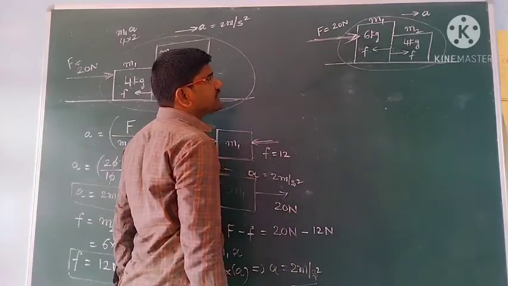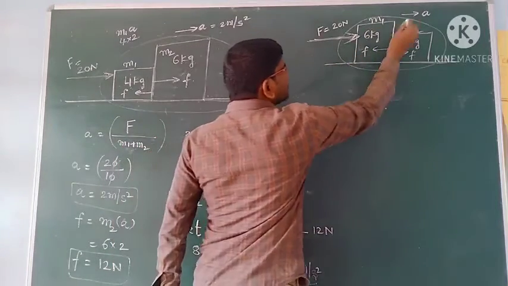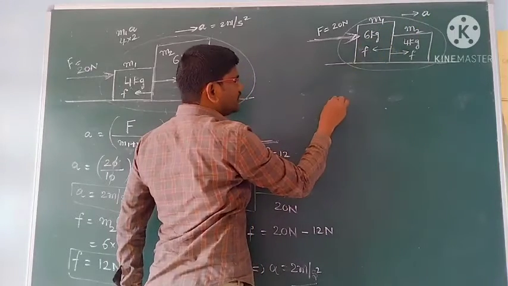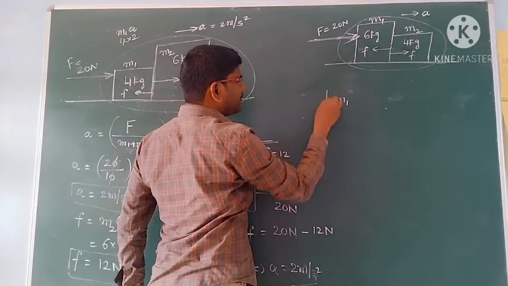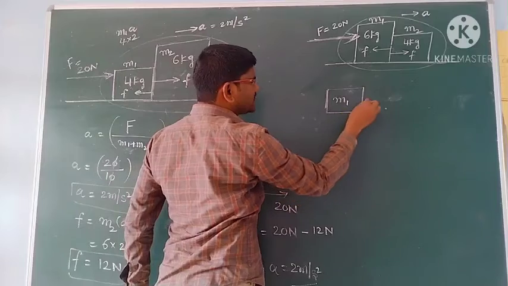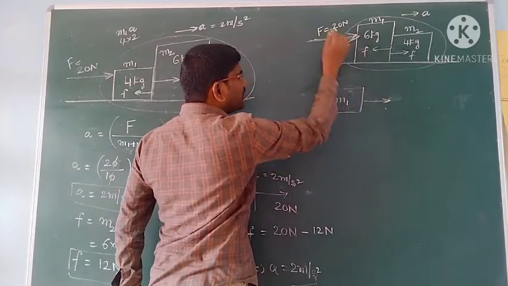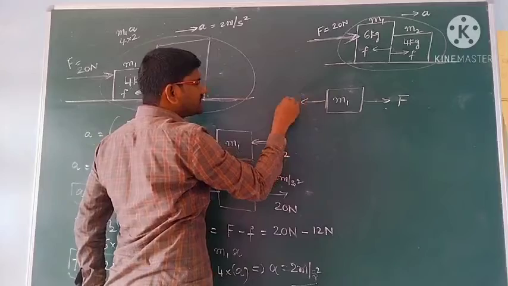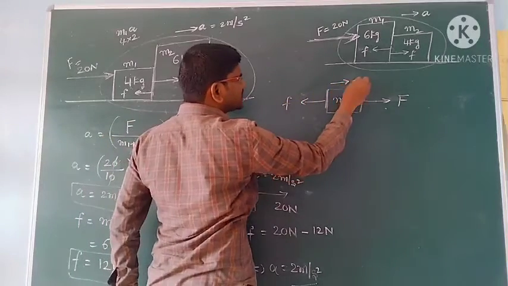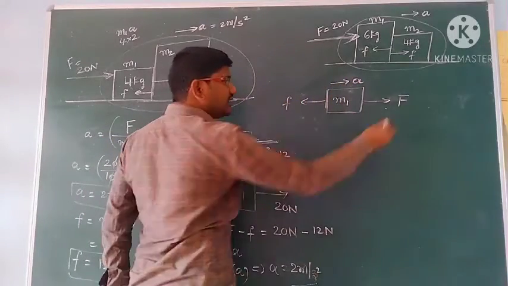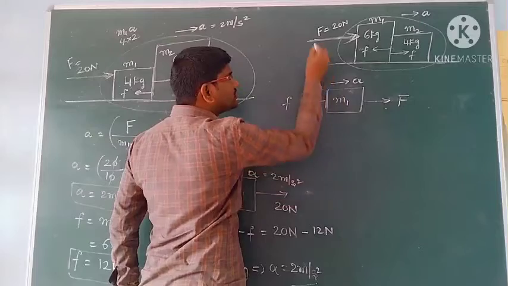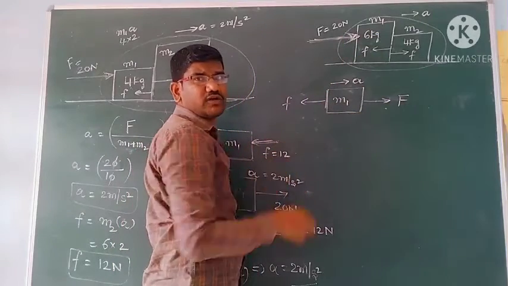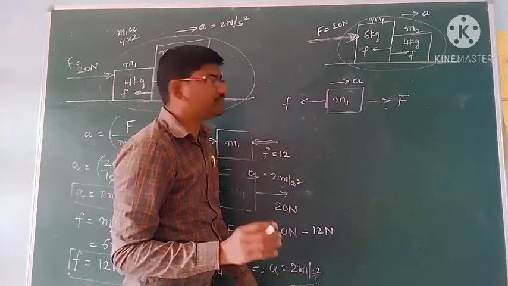Okay students, but the entire system is moving in which direction? I told you, right side, meaning m1. So if I take this m1, on m1 the applied force is on the right side and the contact force is on the left side, and the acceleration of the system is on the right side. Then how many forces? The applied force on the 6 kilogram. You know the derivation already; I told you this derivation, I don't want to tell it again.